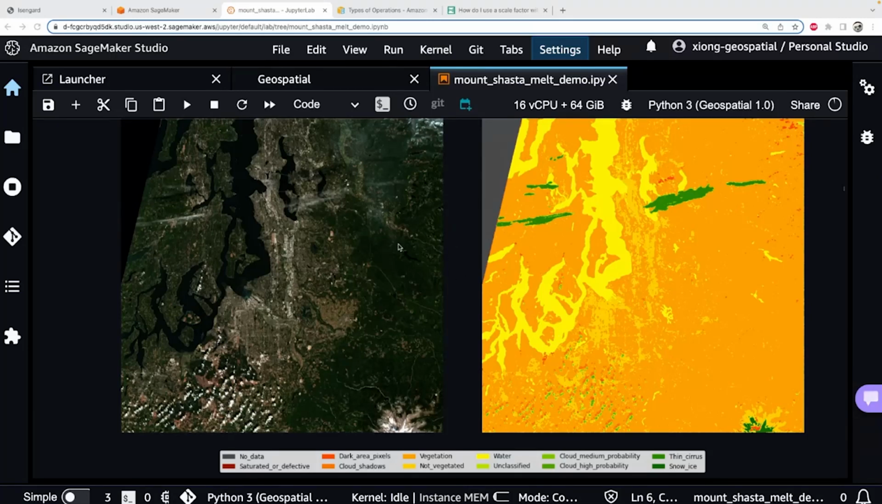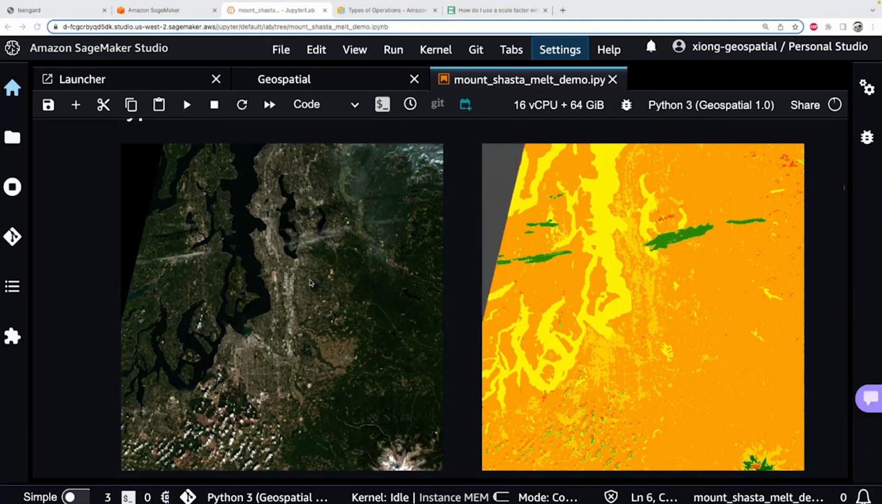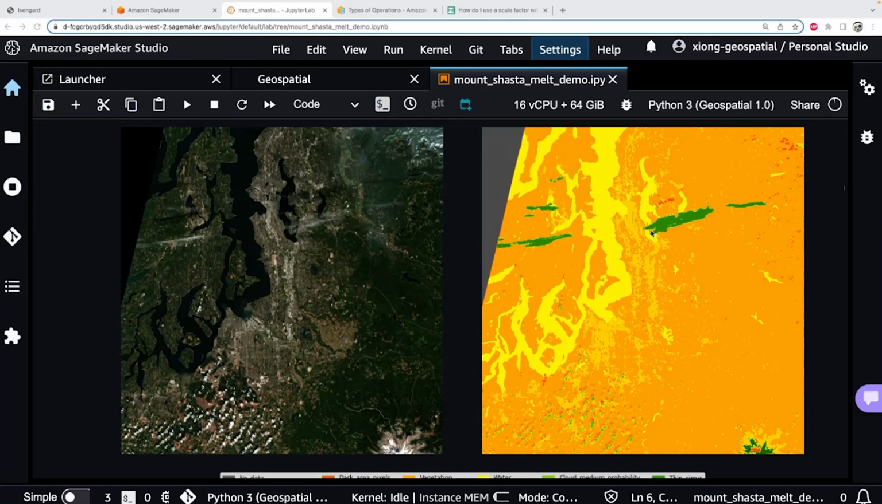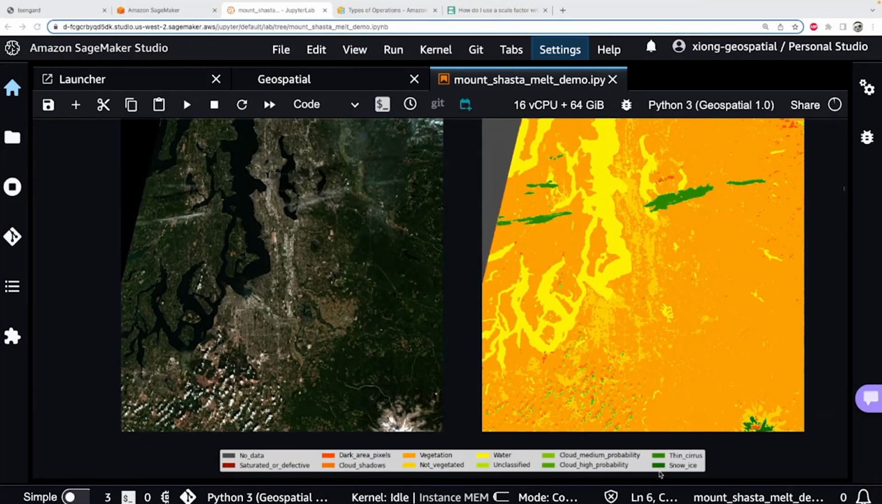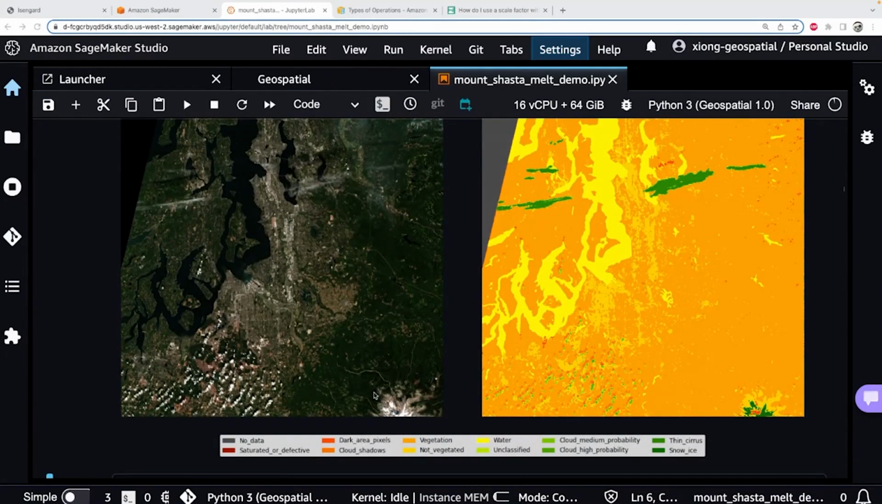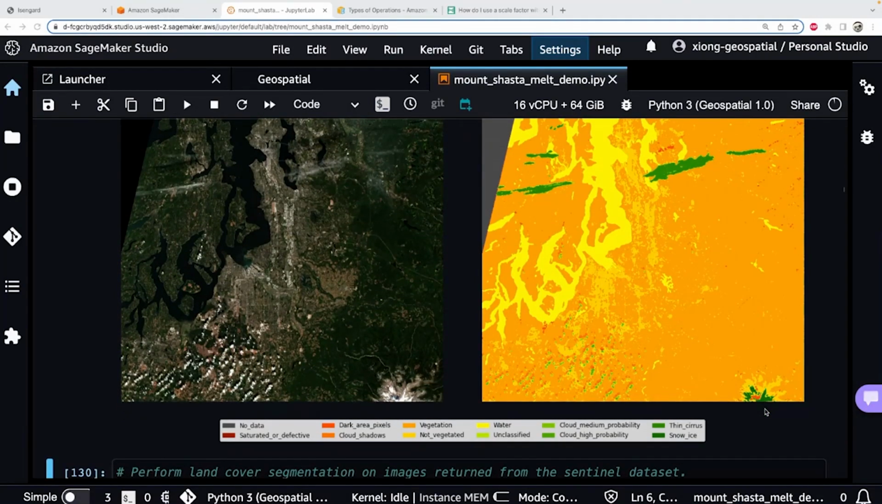Here's an example of the land cover segmentation output over the Seattle area. The land cover type is indicated by different colors. We will be looking for this dark green color that represents the snow and ice. So if you look closely at the lower right corner of this image, this is actually Mount Rainier in the Seattle area. If you look at the land cover mask, you will see this snow mountain is actually marked as dark green. Cool. So we will be using this land cover segmentation model to find the snowpack in Mountain